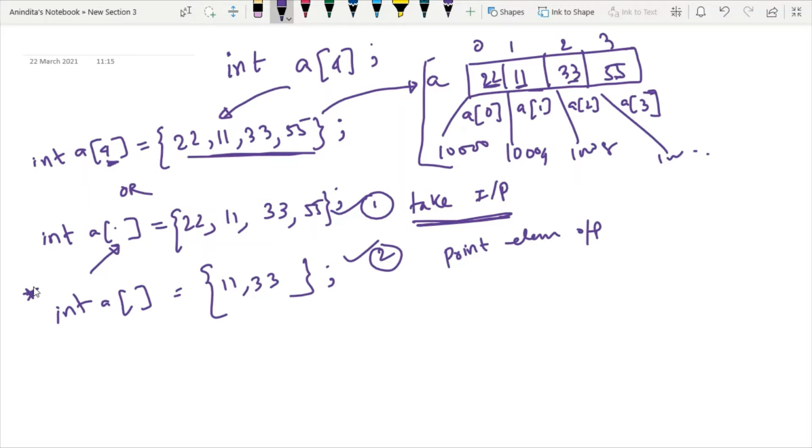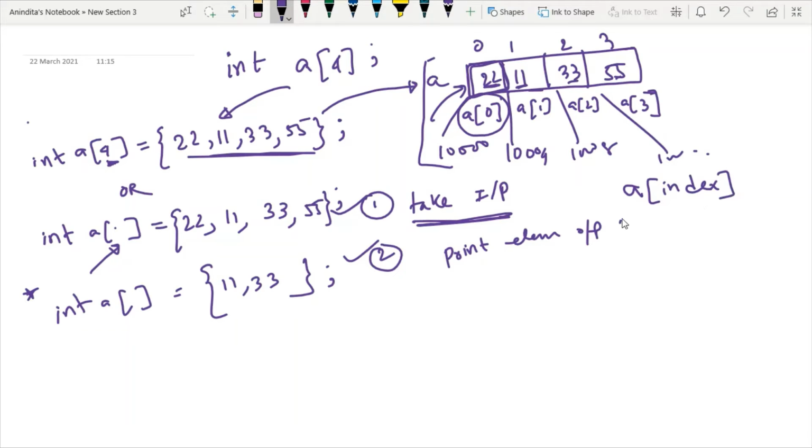But now we will learn how to take input in an array using scanf, that is, the user will provide the input from the keyboard. Here we have to understand one point. We have to keep the array element in this partition, in this section. This section is denoted by A of index value, right?